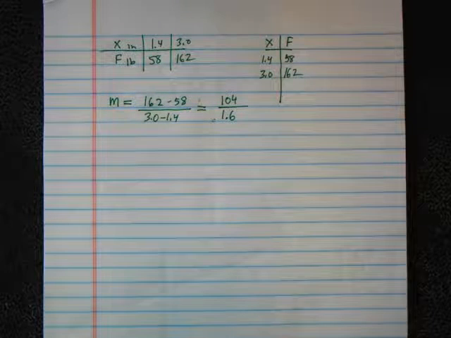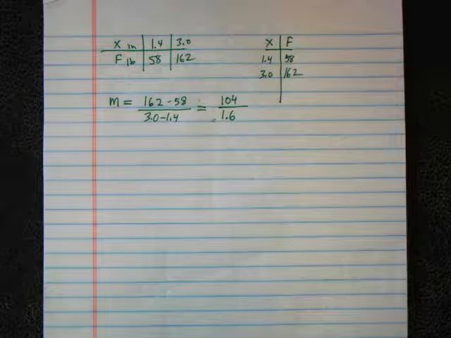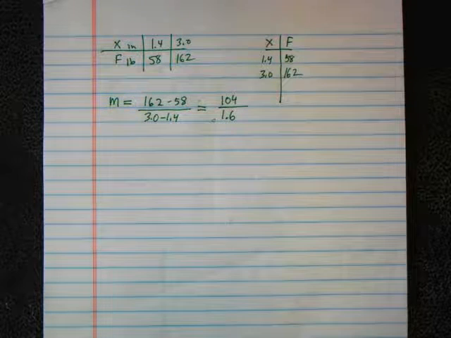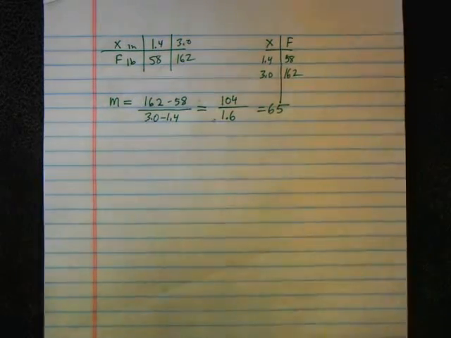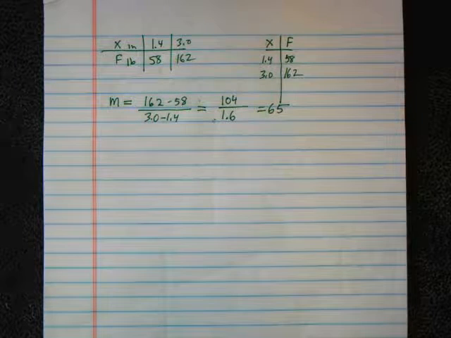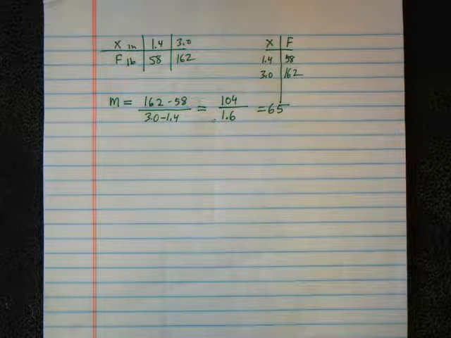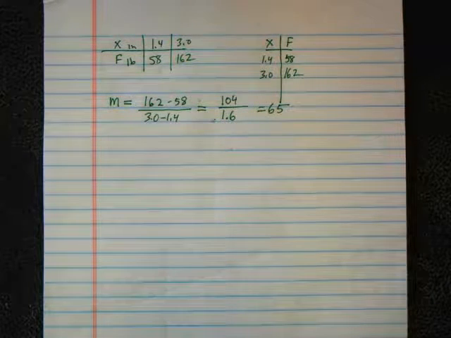I'd grab my calculator and I would type in 104 divided by 1.6. And my calculator says that's 65. Turns out to be a pretty nice number, actually, 65. 65 what? What are the units? Would it become per square inch? Or would it become